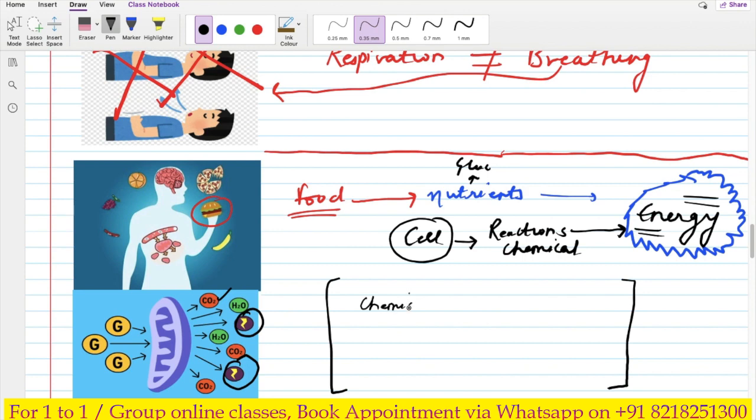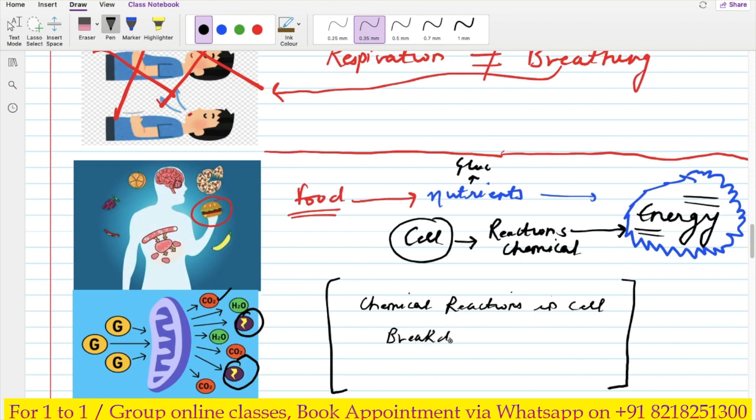Definitely some chemical reactions are happening. And where are these chemical reactions happening? Chemical reactions are happening inside the cell. Agree or not? Fine. And what are they doing? They are just trying to release the energy from the nutrient molecules, right? So chemical reactions in the cells in which there is